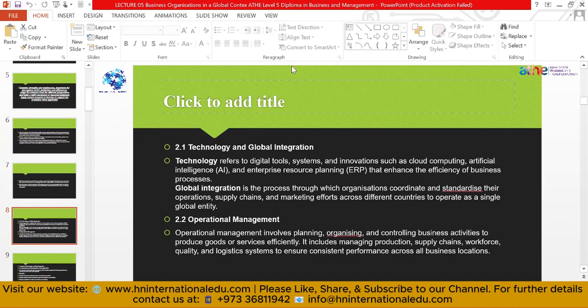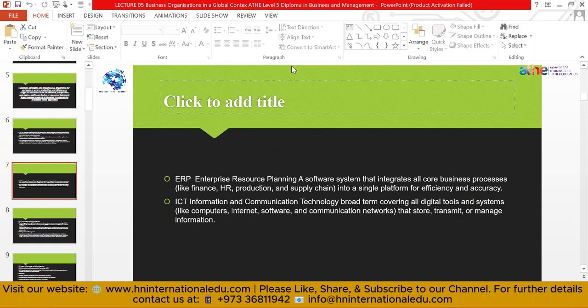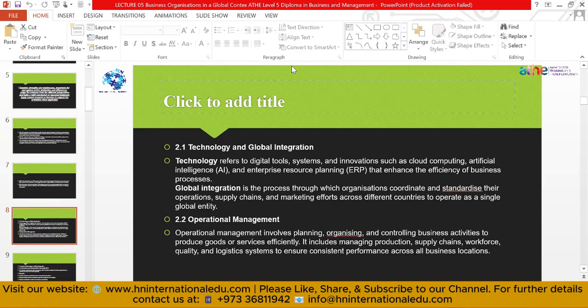By the word technology, it means that in the organization, in any sort of industry too, we are going to integrate the tech. And when we're integrating the tech, it is going to be new software, new systems, AI, which is now rapidly growing, and ERP as well. What is ERP? It is again a software system that is integrating all the business processes, that is the departments, like finance, HR, production, and supply chain, just an example, there are other departments as well, integrating together. Or in short, they're using the best form of intranet.